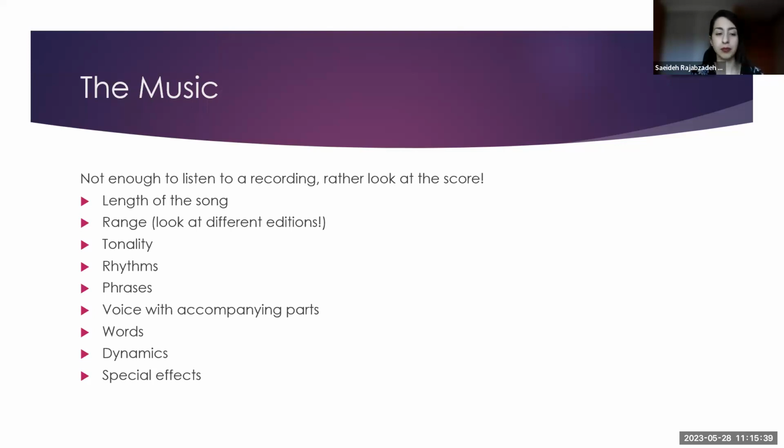Look at dynamics. Are you expected to sing in one kind of volume? Or are you expected to express the full range, which requires craftsmanship of the art form? A lot of times we might also fall into singing all songs at the same volume, but it's important to notice that you still want to give yourself a bit of a challenge, right? Pick things that you are able to grow more skills into a little bit. And finally, special effects. What I mean by that is that a lot of contemporary music might have extra effects. They might ask the singer to whisper, to scream with support, to speak something. So keep track of all these special effects as well.